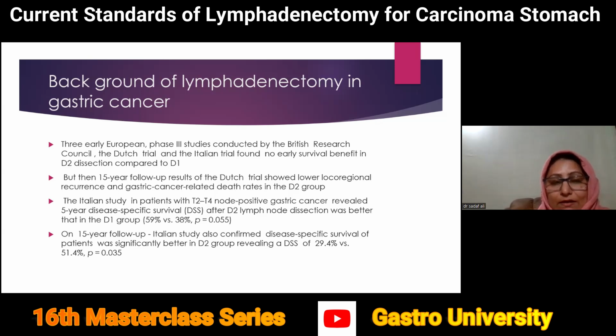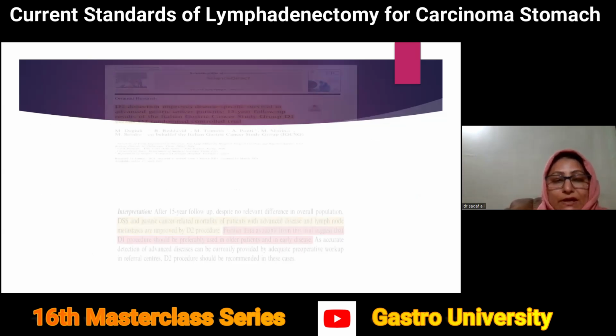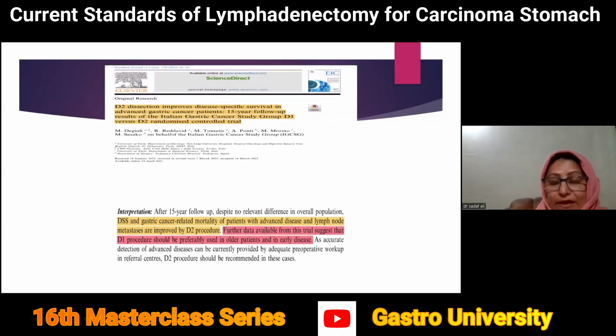The Italian trial showed benefits both at 5 years as well as 15 years. The D1 group had at 5 years 59% survival versus 38%, and on subsequent follow-up, the disease-specific survival and the mortality related to gastric cancer was significantly low in D2 group when compared to D1. So they proposed that if the morbidity can come down, because they had a lot of morbidity, which they assume